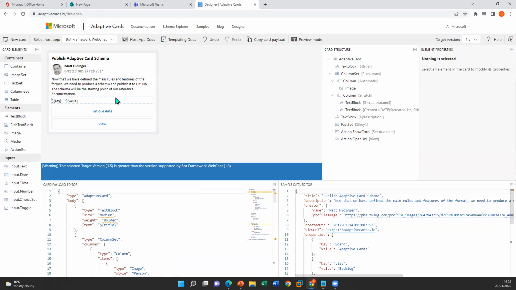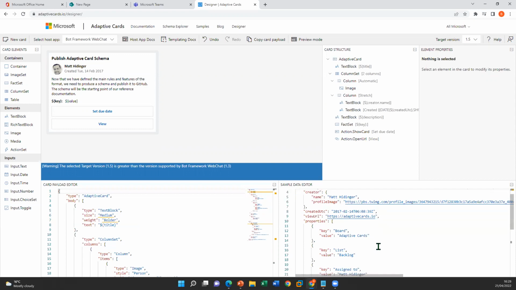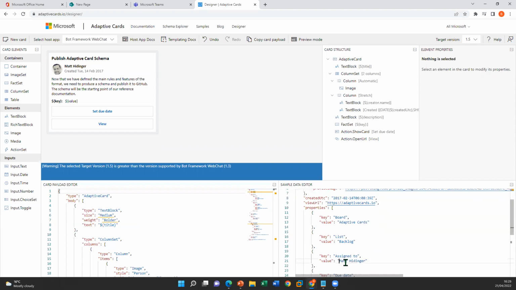There we go. And this adaptive card designer, as you can see, has some sample data, so you can go through and see that data inside the card. You'll notice here we've got this person called Matt, and inside the data here we're going to see the value that's being applied to that. As we overtype that and save this, it's going to apply that to